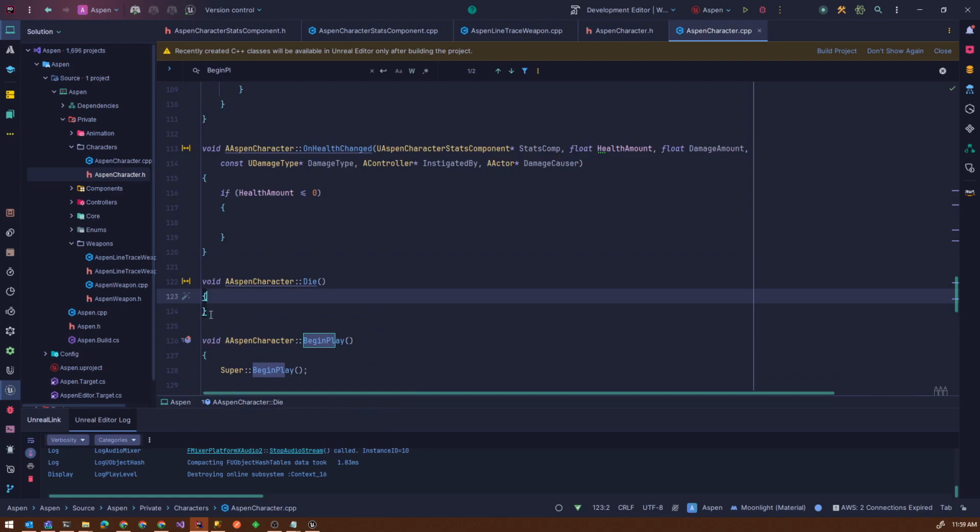We'll make this work without multiplayer first, and then make it work with multiplayer. Okay, so